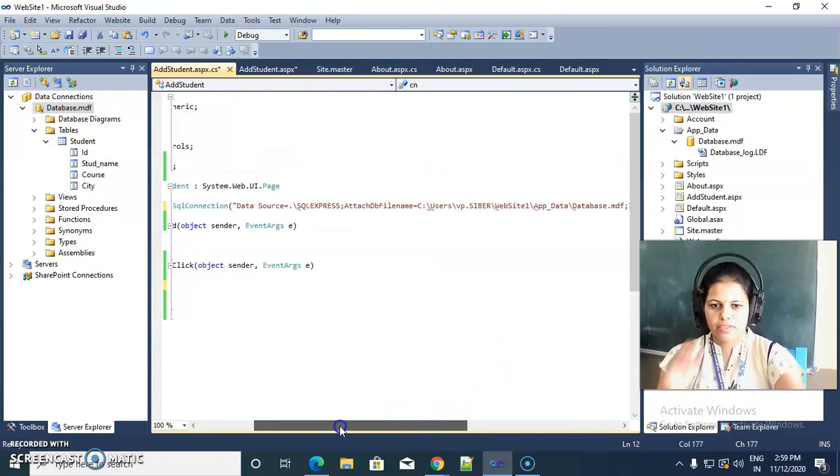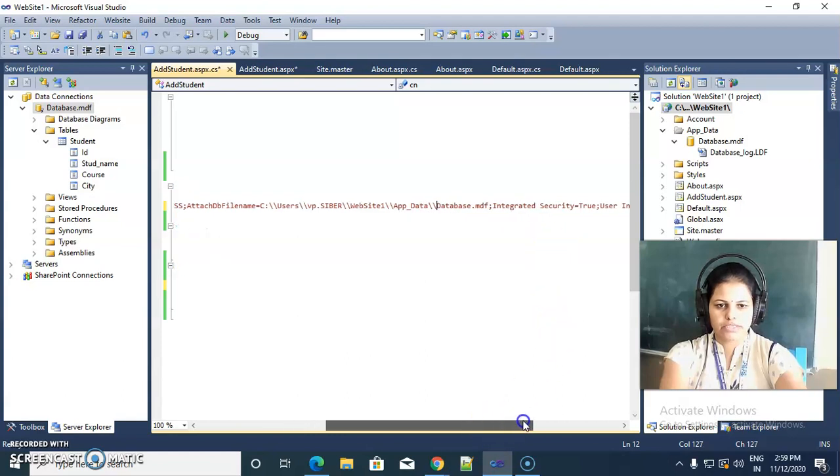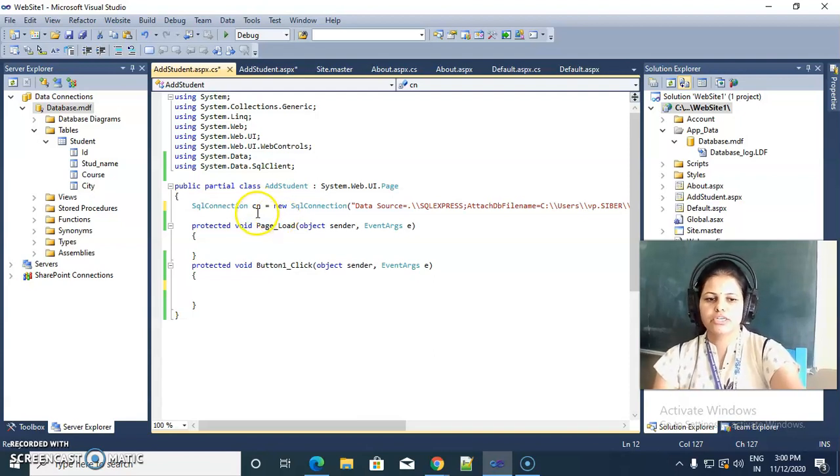Okay, so after pasting, wherever there is a slash, add one more slash to make a double slash. Then the SqlConnection object is ready.